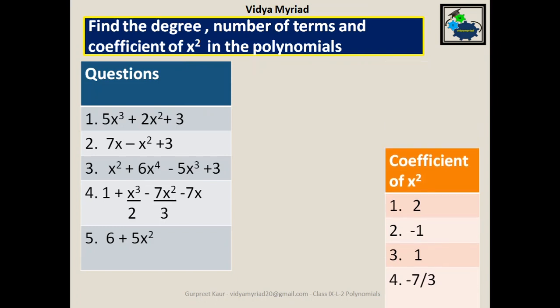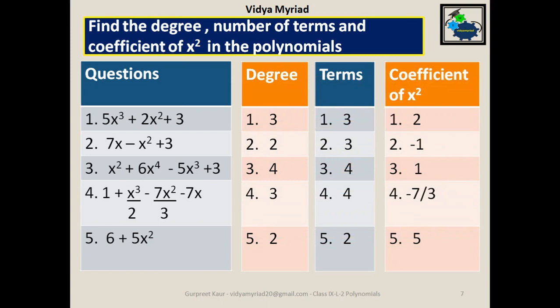So like this, you have certain terms which you need to understand: how to write down the degree, how to write down the number of terms, and how to write down the coefficient of x square. Now for you, I have written down, you need to write down the constant for all of these. What are the various constants in all these examples? You may write down the answers in the comment box.